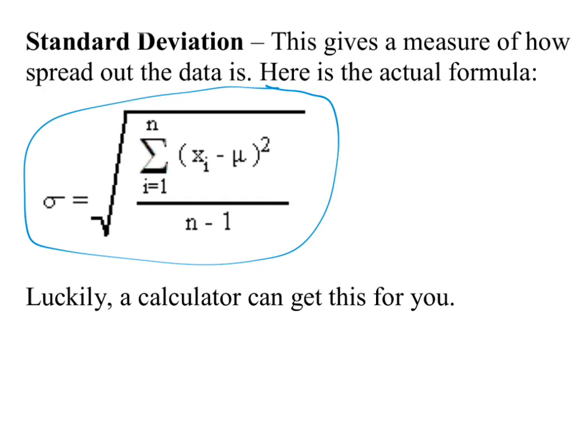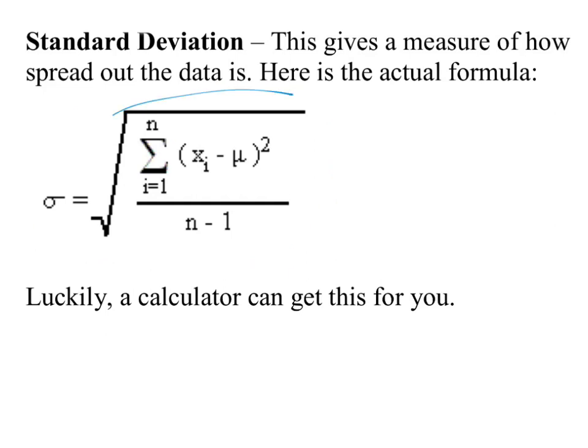You don't have to understand what this means. But basically, let me quickly try to explain what it means after I'm telling you don't need to know that. This big old symbol is called the square root symbol. Yay, square root. This E here is capital sigma, and it means the summation